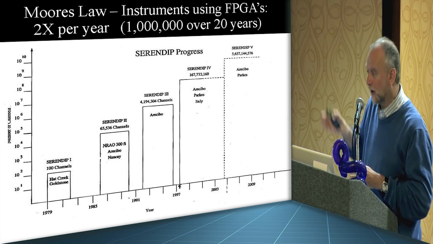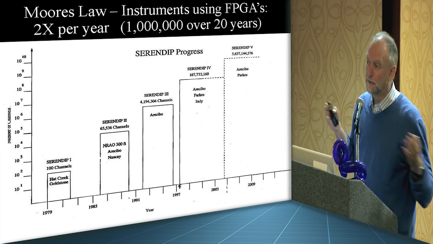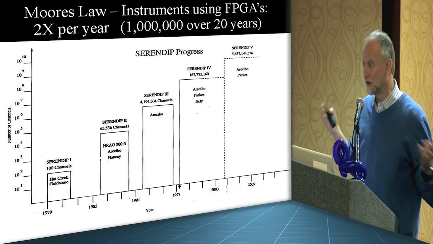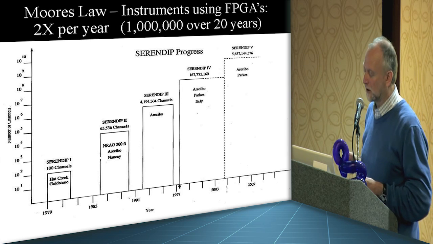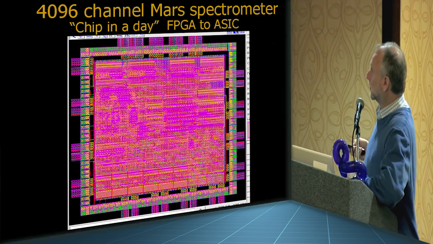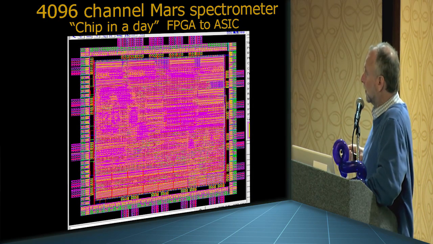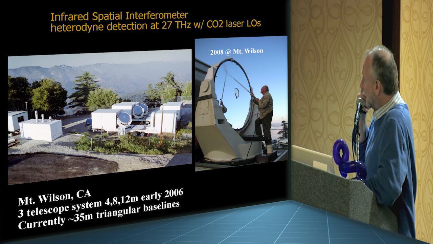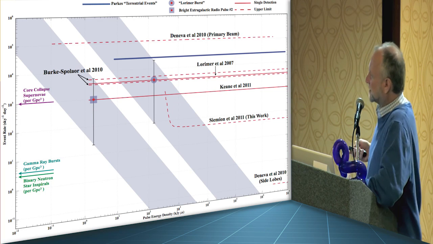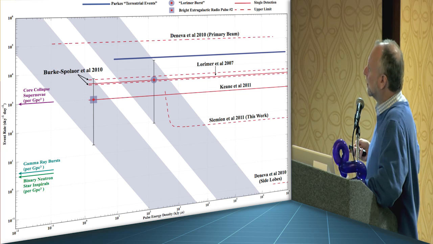But I think if that trend continues, eventually we will be able to do a thorough job of looking at all the different places in the sky and all the different frequencies and signal types. But right now, we'd be lucky. But if that trend continues, with maybe your help, we can find signals if they're out there. We're working on ASICs. We're working on very high frequency telescopes. These are some of the scientific things that we found.